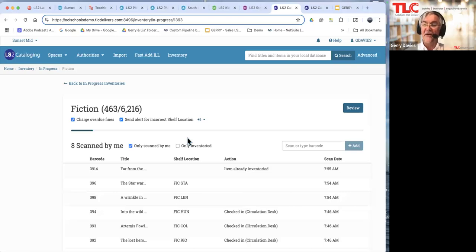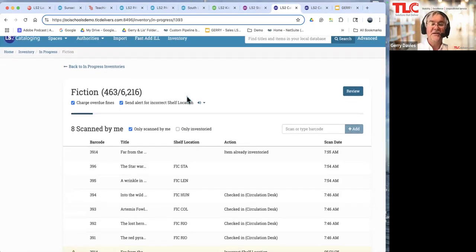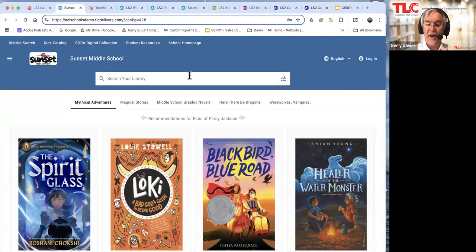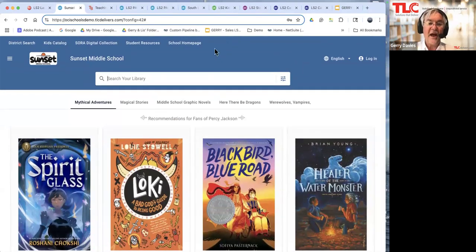So there's a basic view of some of the things that we can do within the cataloging module. There's a lot more to it than that, but those are some of the basics that are available. So again, to finish off there, what I want to tell you is that we have a very customizable interface for each of your schools in the district. You have control over that as a media specialist, and you can make regular changes to your carousels and interface here. We have the ability to provide your students with access to their records, and also teachers can go in and see the status of their students'